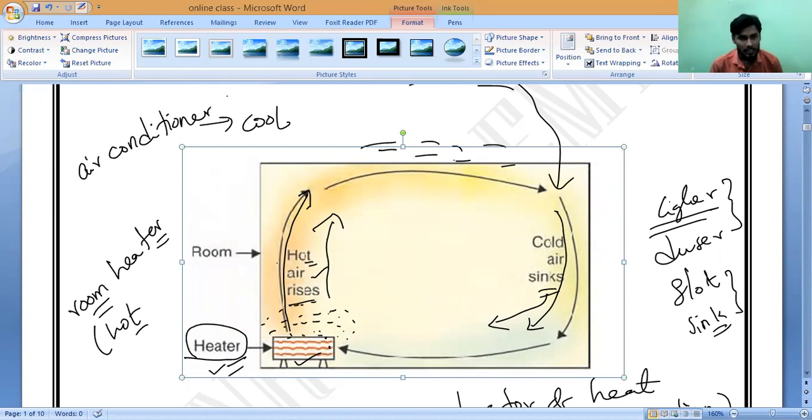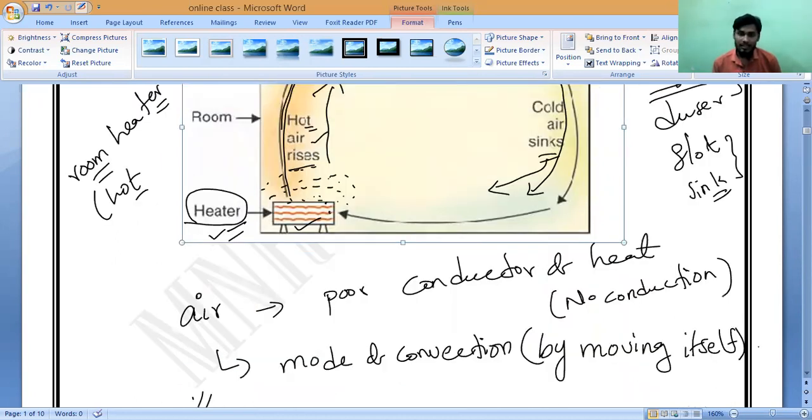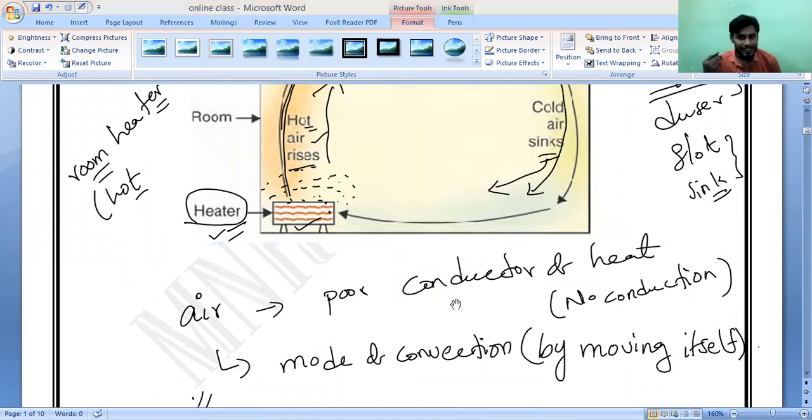So what is happening? This air will start going upwards. Is it okay? Because its density will decrease or increase? Density will decrease. Correct? Because the air which is closer to the heater